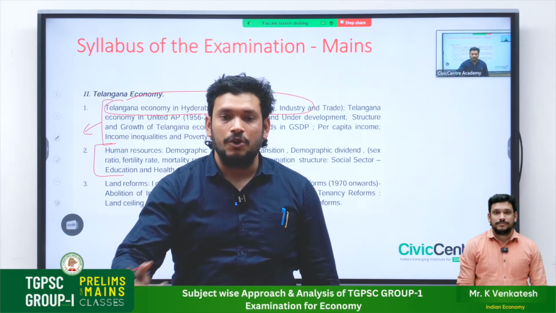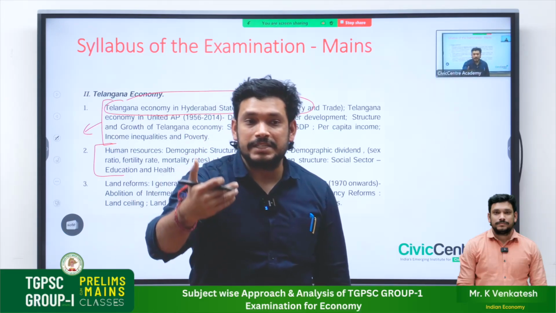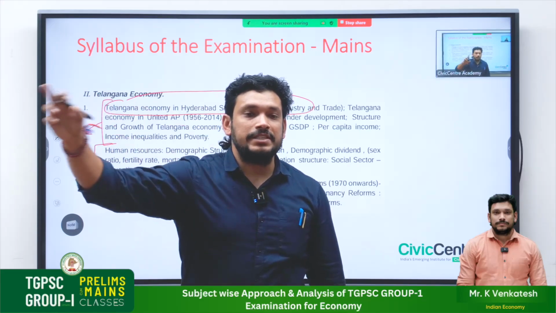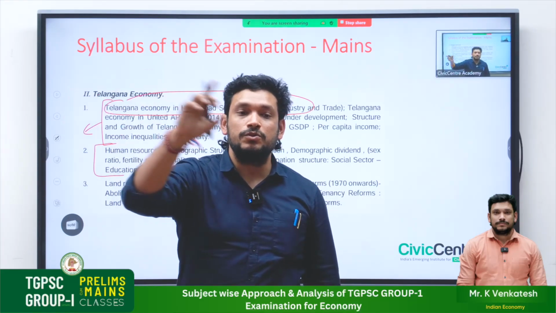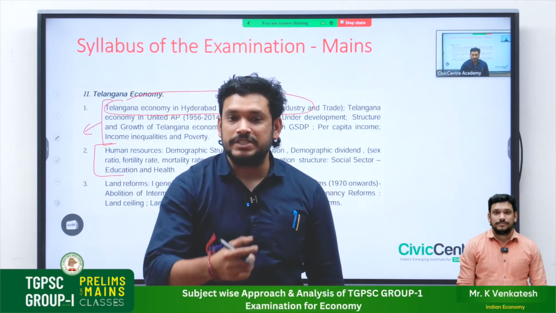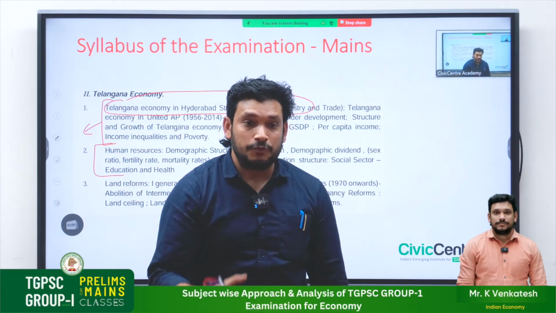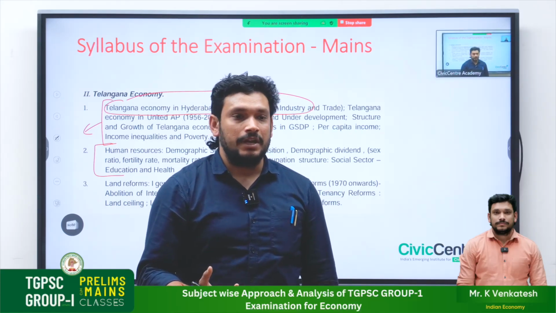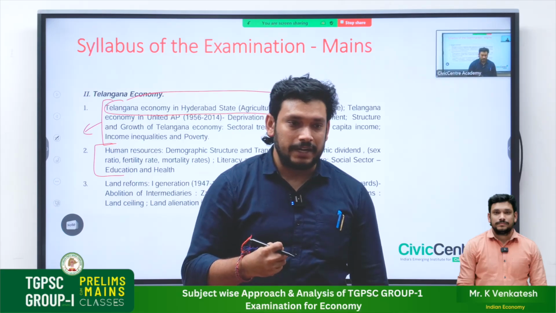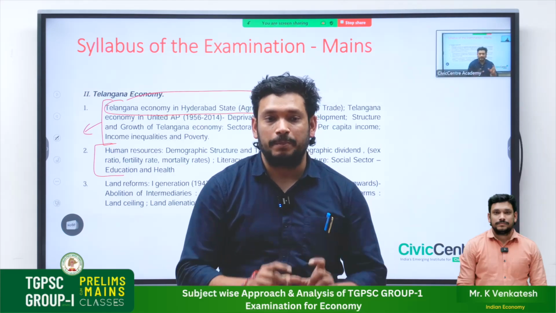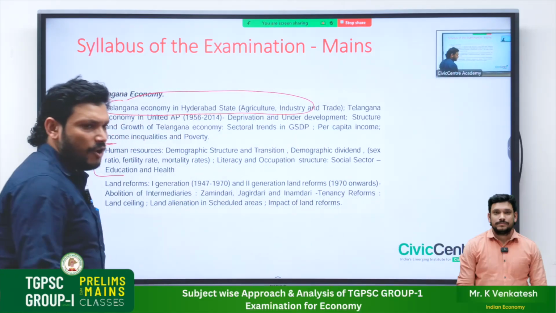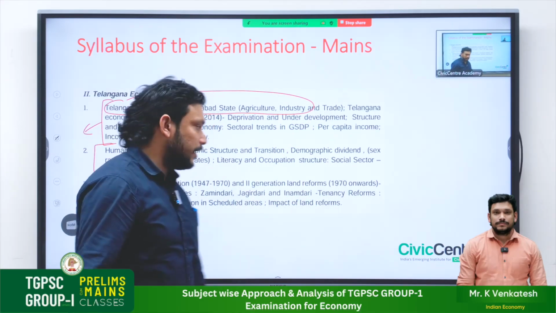Then from the mains perspective, we need to see how Salarjung changed the economy of the Nizam government when it was under severe losses, when it became indebted to the British government. How Salarjung came into the picture and took reforms for the Nizam administration. We will be writing them in 200 words. That is how we will look at any topic from prelims as well as mains perspective, both. I hope you are getting it. Am I clear? Okay, done.